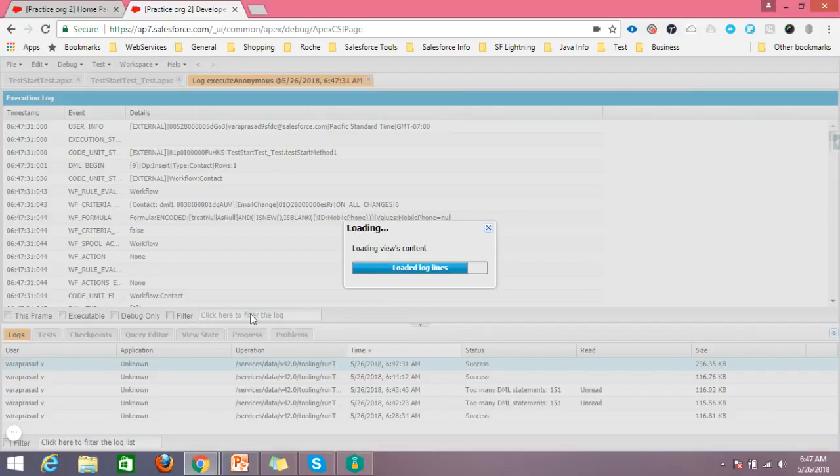So what I'm saying here, why I created another method, is that each test method contains its own governor limits. In each test method, again we are using start test and stop test. Whatever code is there between start test and stop test, those components contain their own governor limits. Out of the start test and stop test, whatever code there is contains its own governor limits.